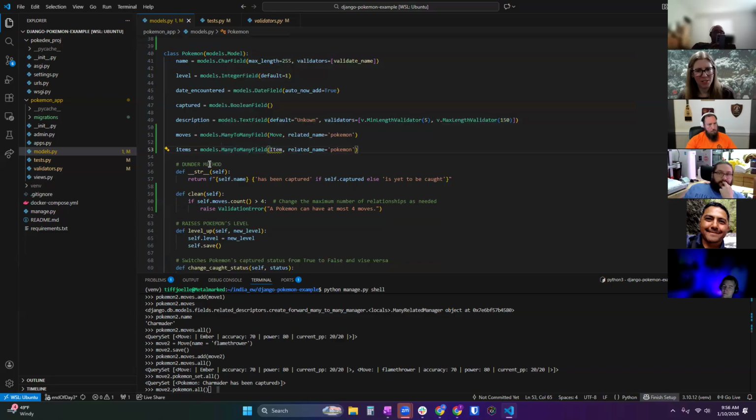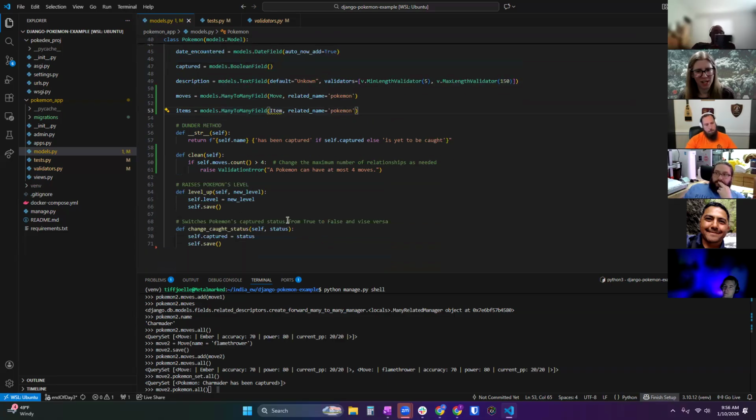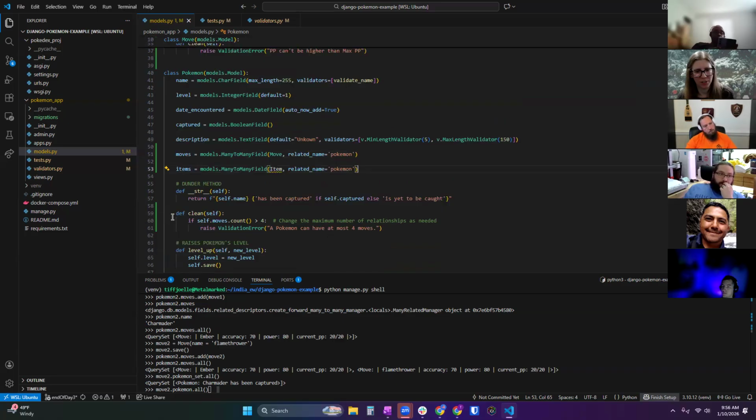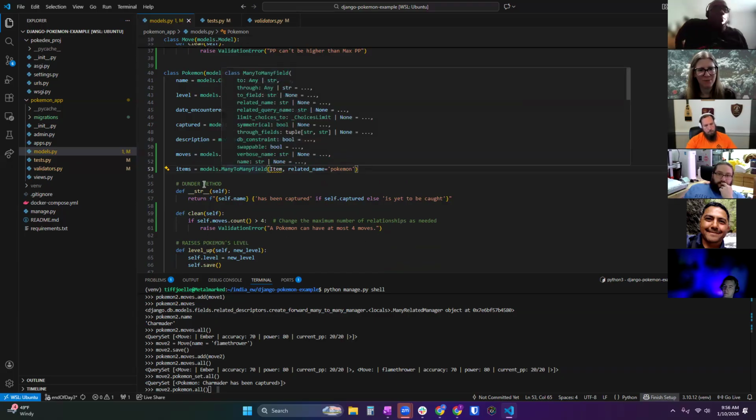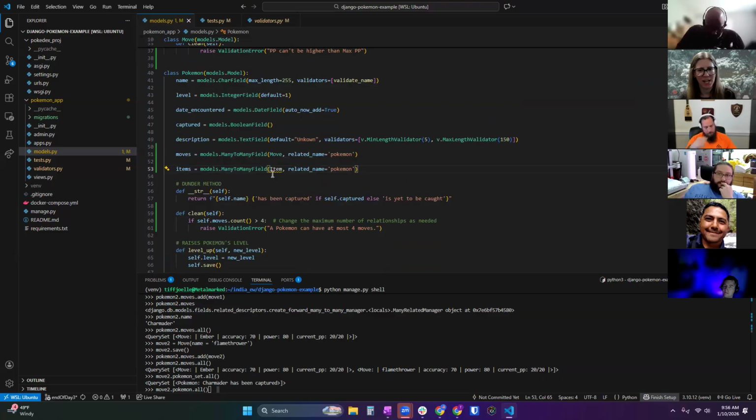So what I would probably do is add a validation or clean to that, where I'd have it check that if it's Eevee, then Eevee can have two, but otherwise make sure that there's only one object in this many to many, something like that. That's a good question though. The database schema has to be able to accommodate. If you're going to have them both named item, I would maybe do special item and then item.